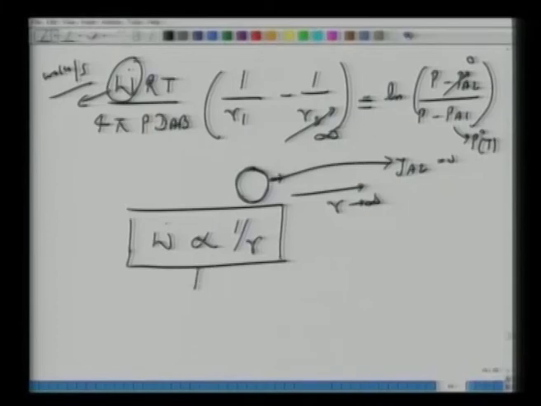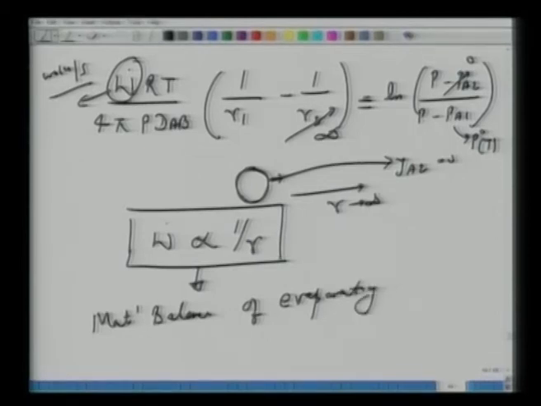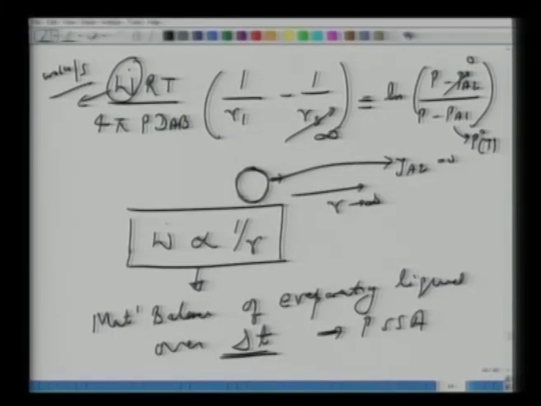Now from here we have to go back to our material balance of the evaporating solid over del T. And when we write such expressions, again we have to make use of quasi steady state approximation, because every time the size of this sphere changes with time, which means the concentration gradient from the surface to the very far distance, which is 0, will also change with time. So in reality it's an unsteady state problem. What we are trying to make use of is the quasi steady state approximation.